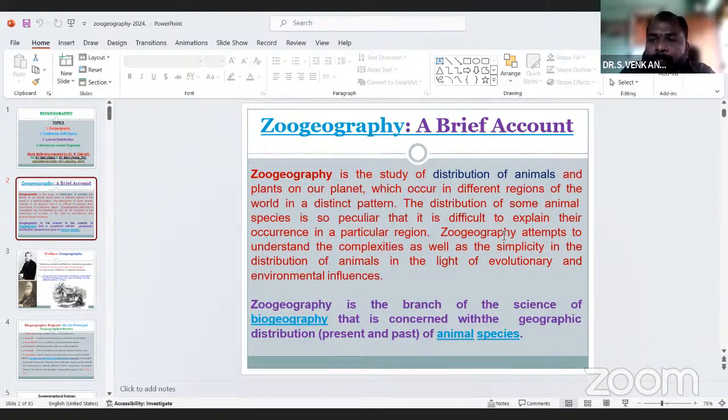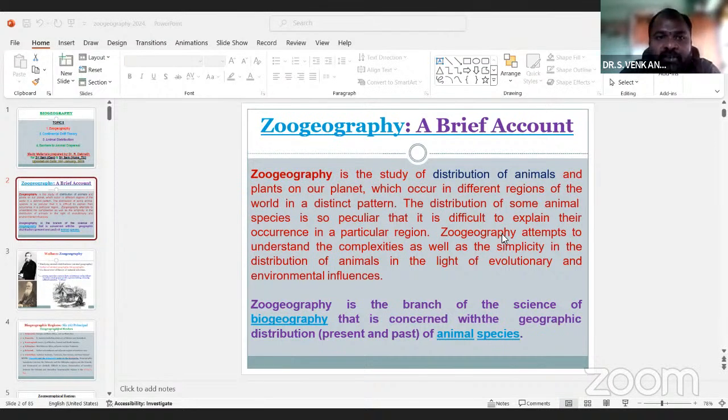Across the planet, biogeography attempts to understand the complexities as well as the simplicity in the distribution of animals in the light of evolutionary and environmental influences. So animal distribution depends on evolutionary factors and environmental influences. What are the environmental influences?